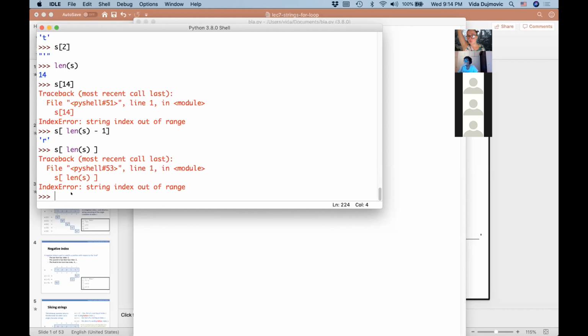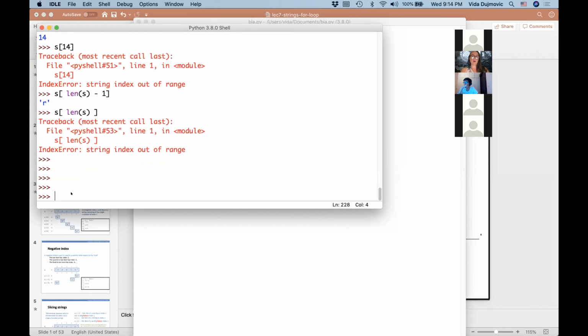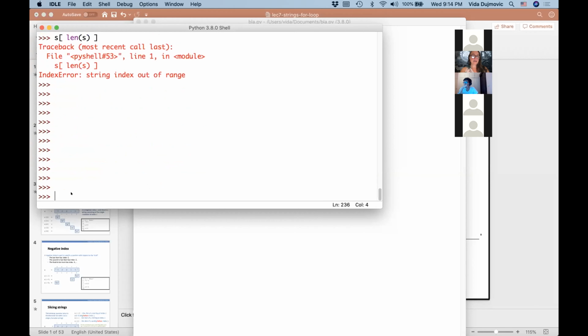You normally use non-negative integers for indices. So you can start at 0 and go to the end. Valid indices are from 0 to len of S, where S is your string, minus 1. But in Python you have something cool that if you want, you can start from the back. You don't have to start from the front. Aurel, I will take questions at the end.